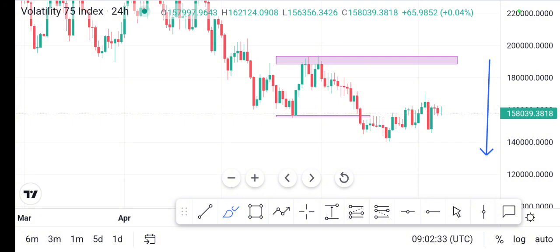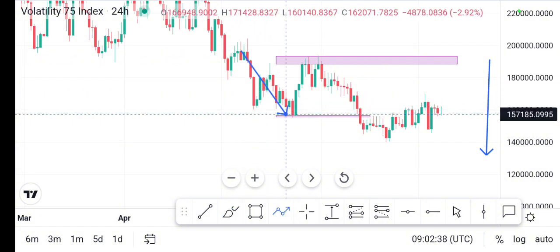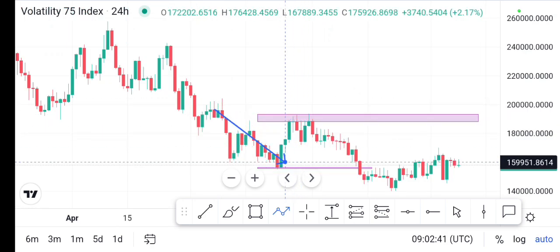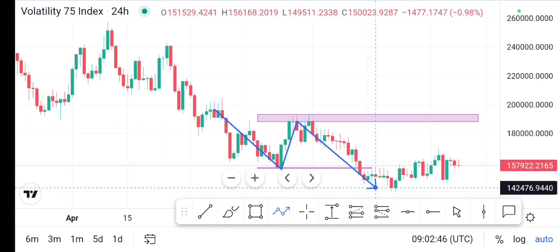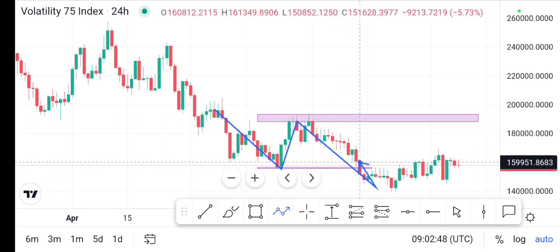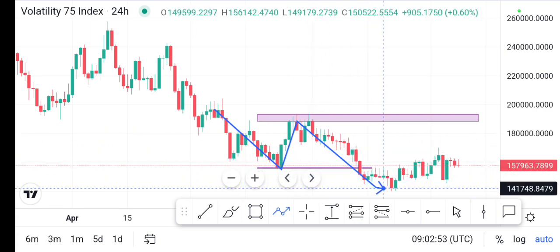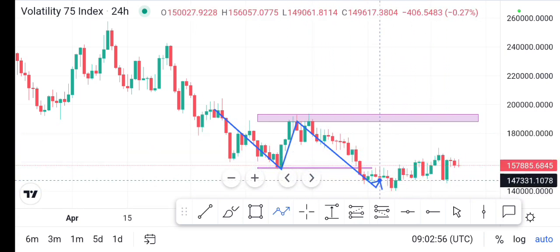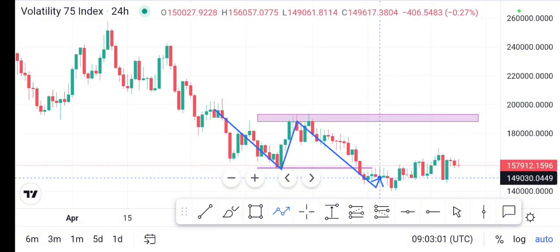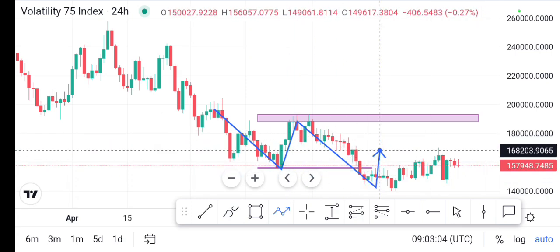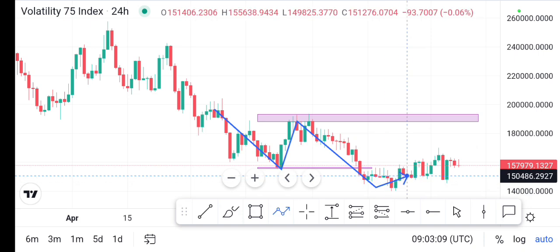So here we broke what? This was a high low, this is our low, and then we made a high here. This was our low, we made a high here, and then we broke the structure around this area. When the market reaches here, you can see it came very well, and then we break the structure here. So anything which happens around this area, until the market breaks above, if the market has not broken above, it means we are still looking for sells.